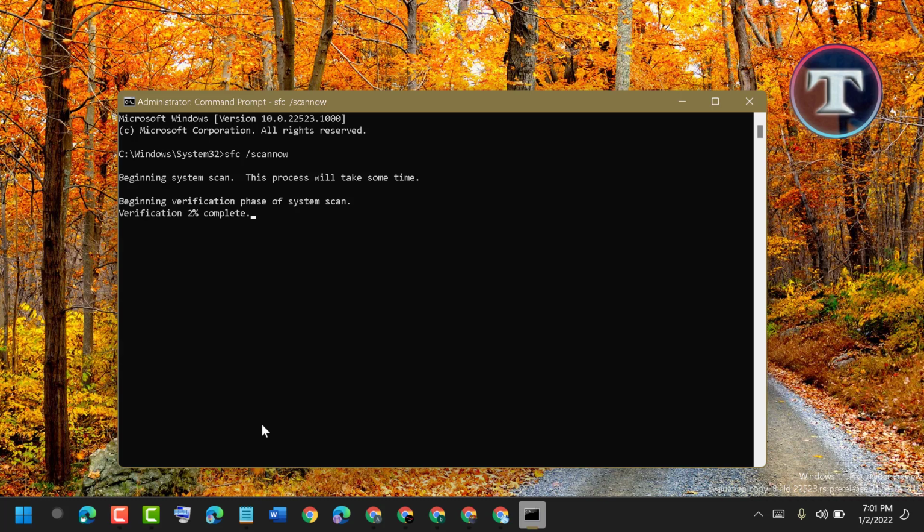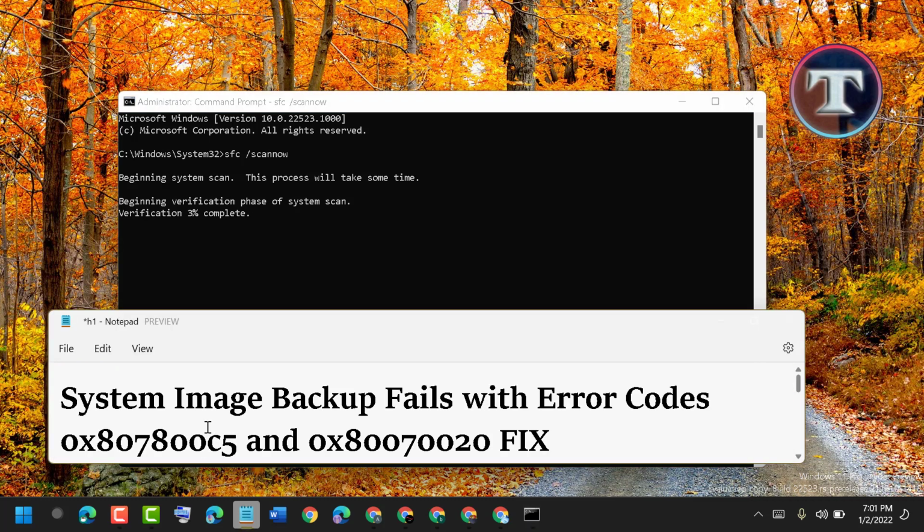By these simple and easy steps, we can know how to fix system image backup files with error codes 0x800700c5 and